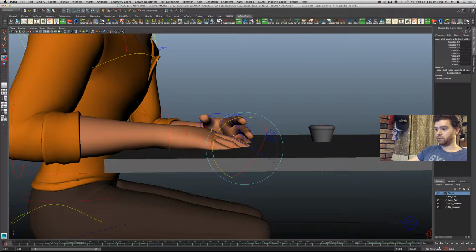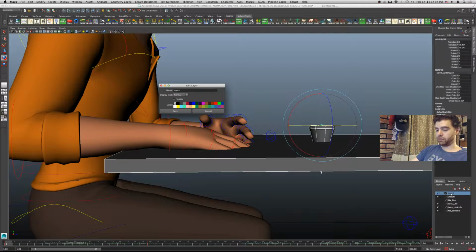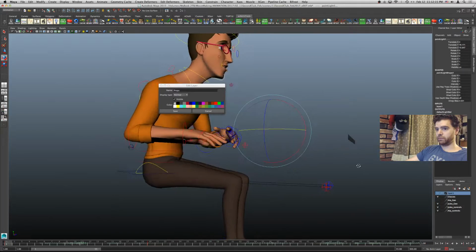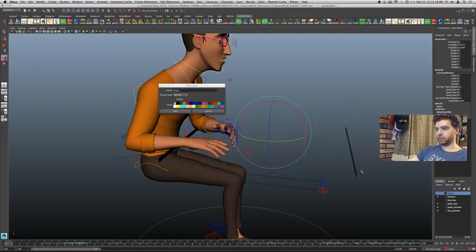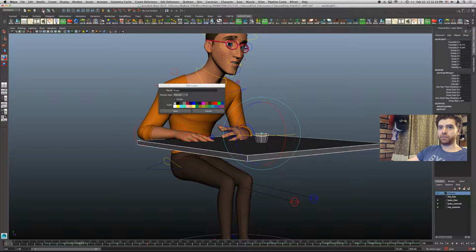Okay, so just one quick second here. Okay, I'm going to make a new layer from these objects. So I'm going to layers, create layer from selected. I'm going to call this props. I just turn this stuff off. Oh, that's weird. Oh, that's annoying. Okay, let me just undo that a little bit because it didn't select the faces. There we go.